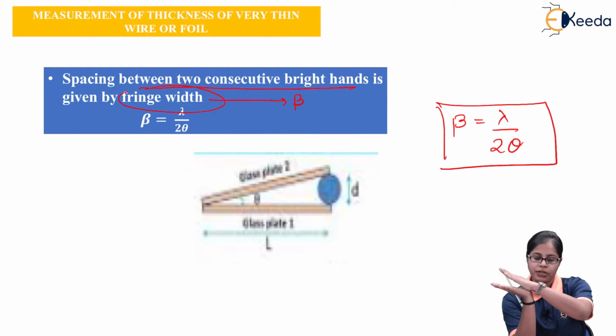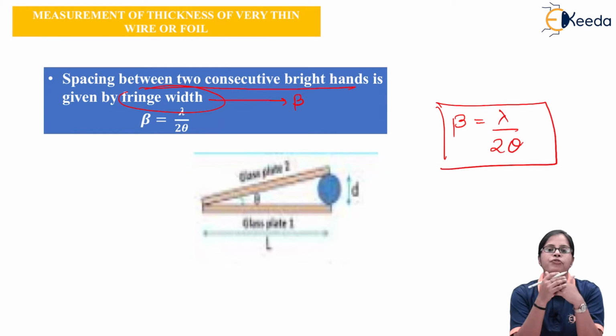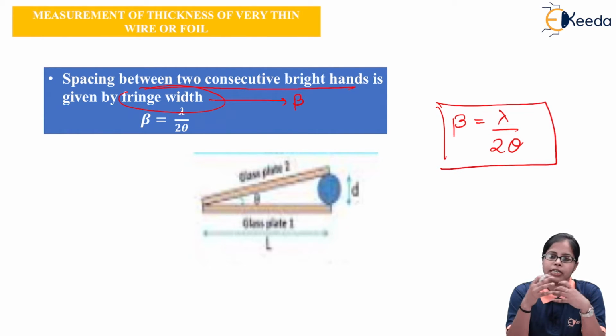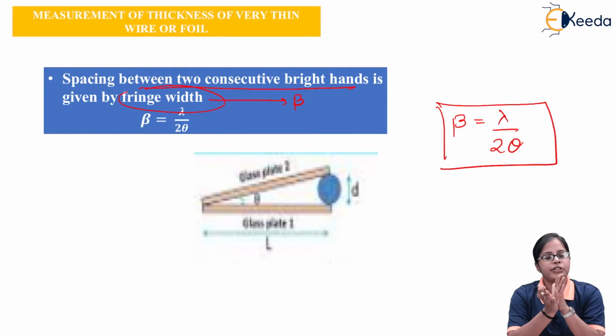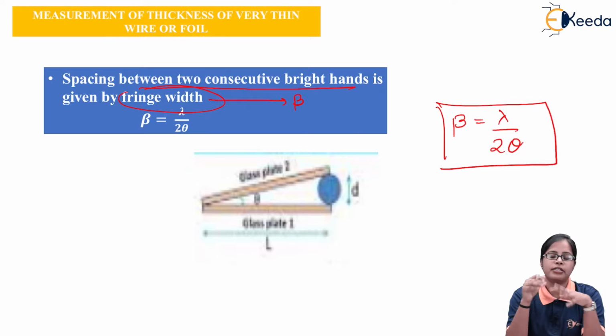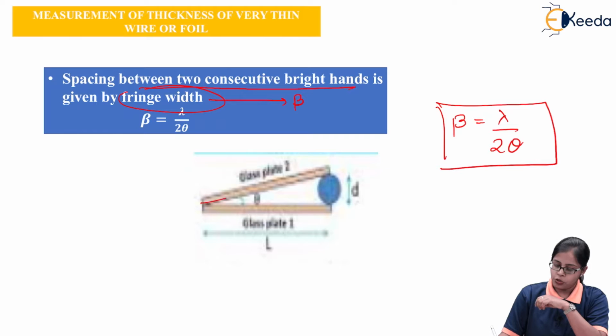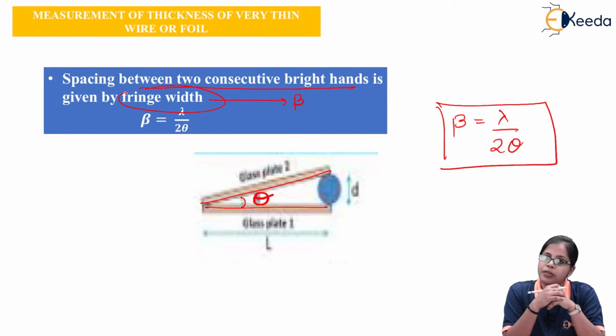If we look at this shape, it forms a wedge, the way we have done the wedge-shaped film. So for the determination of thickness, we consider two glass plates which are optically flat, arranged in such a way that it looks like a wedge. These two glass plates form an angle with each other, and that angle is taken to be theta. So theta indicates the angle of the wedge formed by the two glass plates.